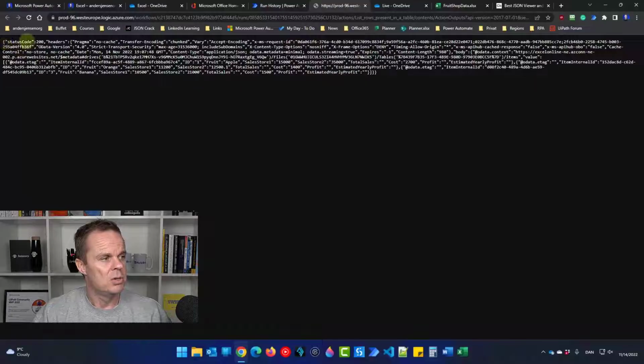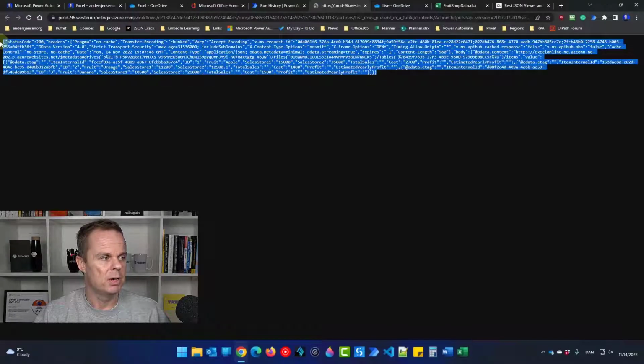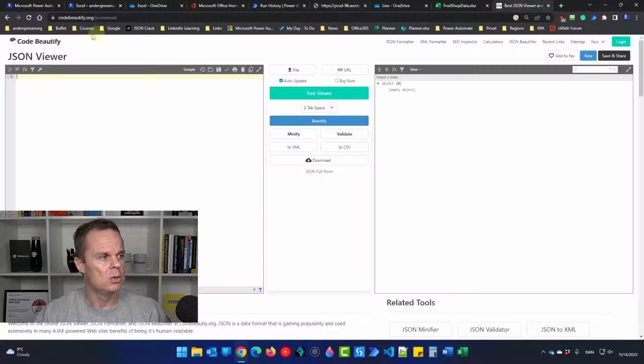So you can see up here status code 200. 200 is a success that we can actually grab the information. If the status code was 404, there was no record named this one here that we tried to get, the January table, but we don't have to worry about that. What we will do is to mark everything and then Control-C to copy it. Then we go to